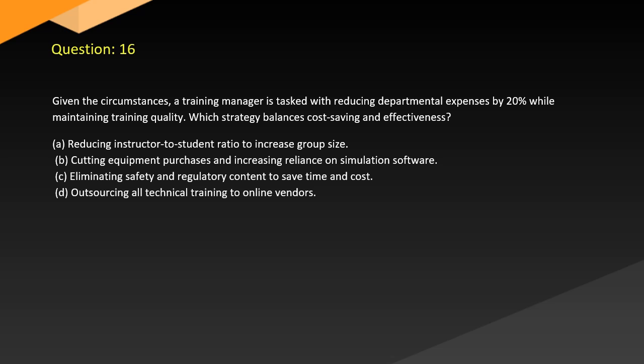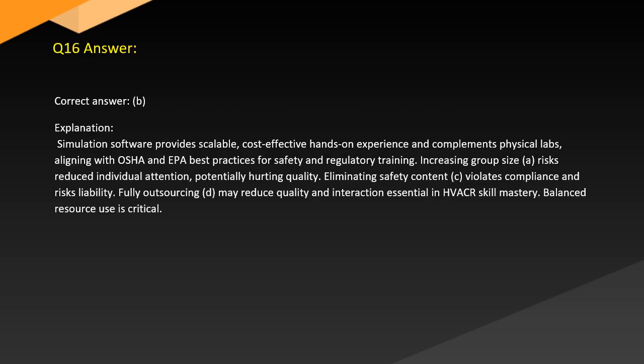C. Eliminating safety and regulatory content to save time and cost. D. Outsourcing all technical training to online vendors. Answer. Correct answer, B. Explanation. Simulation software provides scalable, cost-effective hands-on experience and complements physical labs, aligning with OSHA and EPA best practices for safety